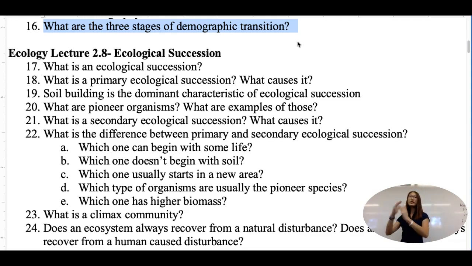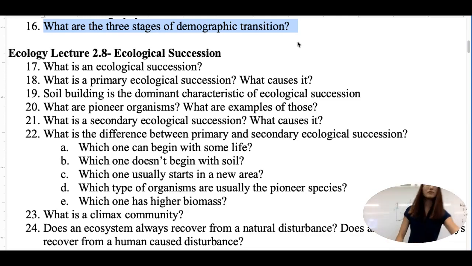And then the third stage is our low birth and low death, because by this point, the medical technology has gotten better. We've gotten better at surviving. We have shelters, food, everything is great. And then we have low birth because by this point, people think, why give birth when you can live a good life yourself, right? Or why have 8 children when you can just have 2? So some people do think that way. Nothing wrong with having 8 children, but overall, the population growth slows down because you have low birth and low death.